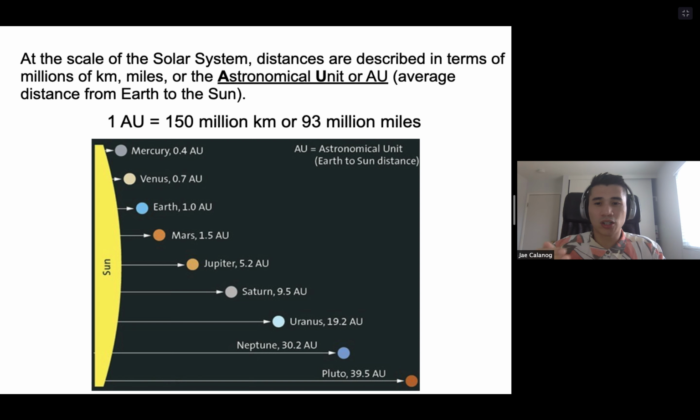Whereas you can see from Mars to Jupiter, there's a big 4 AU gap. And then from Jupiter to Saturn, there's about another 4 AU gap. So basically what that means is that the 4 inner planets are closely spaced together, whereas the 4 outer planets are much further apart. In fact, you can even fit all 4 inner planets in between Jupiter and Saturn. That's how far apart the outer planets are. So again, it's easier to compare planet to planet or planet to Sun distances using the AU.